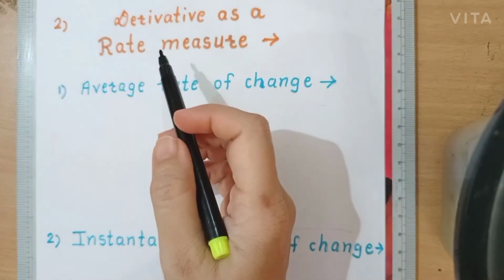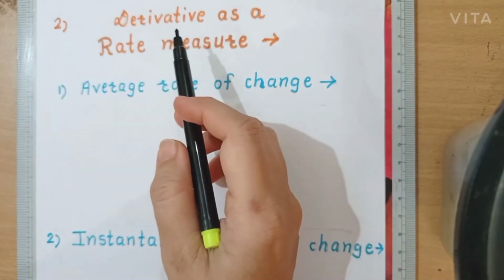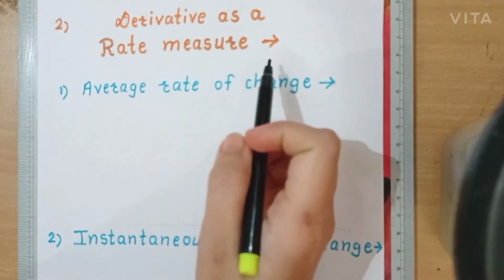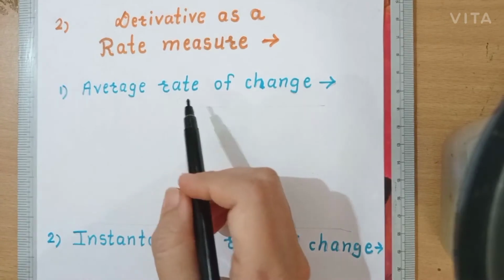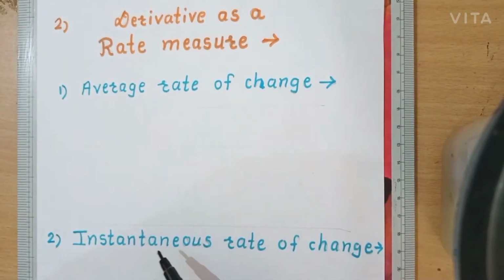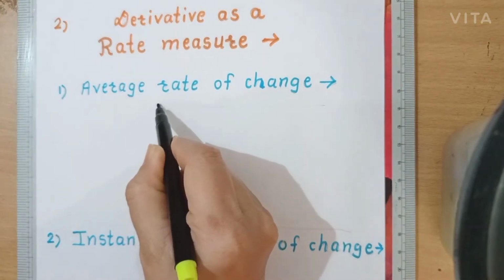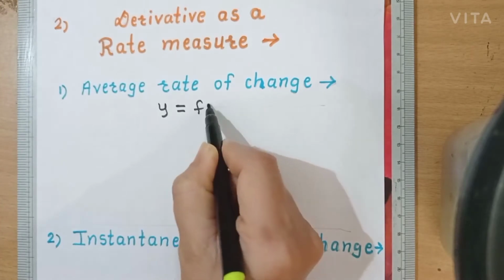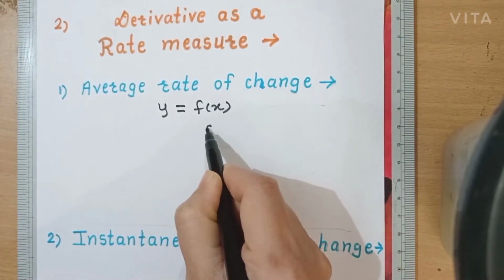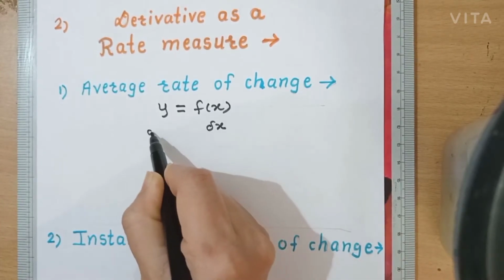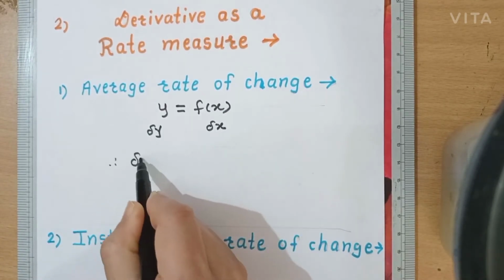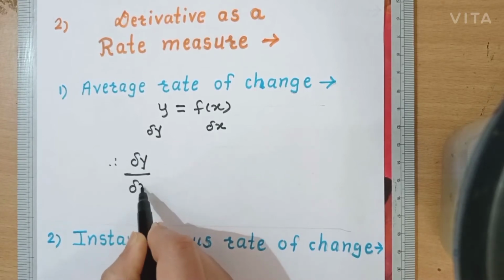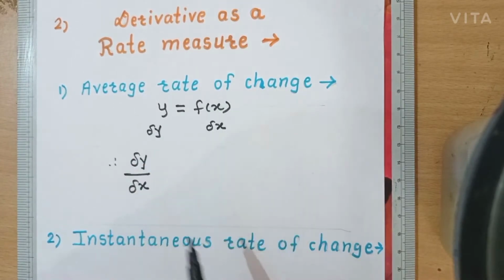Hi students, today we are going to look at what is derivative as a rate measure, and here we will see 2 points. First one, average rate of change, and second one is instantaneous rate of change. Now here we know that y is a function of x, and if there is a small change in x, definitely there will be a change in y, and therefore the quotient delta y by delta x is called the average rate